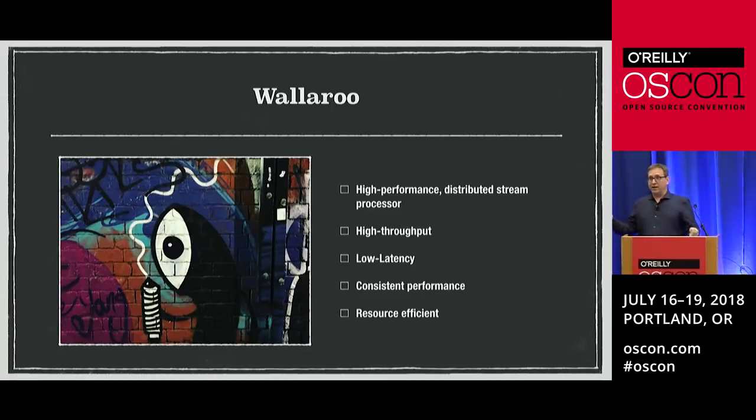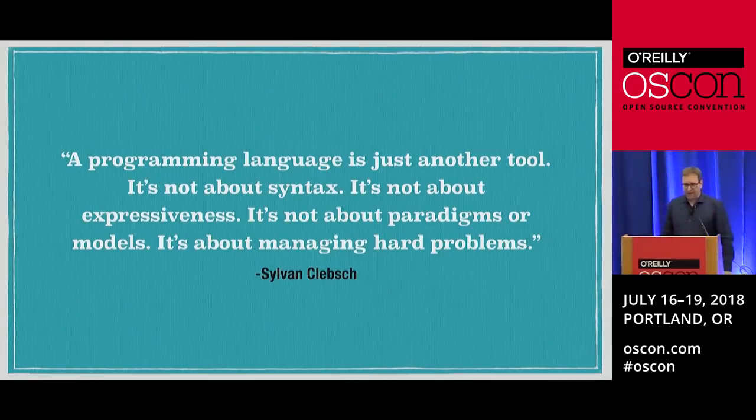So at this point now, Wallaroo is, and this is really funny given the high throughput, low latency, our primary API now is Python, and it's geared towards folks who are doing stuff that's considerably slower, but it's still rather interesting. So this is a quote. I absolutely love it. It makes lots of people angry. It's from Sylvan Klebs, who's the original creator of Pony.